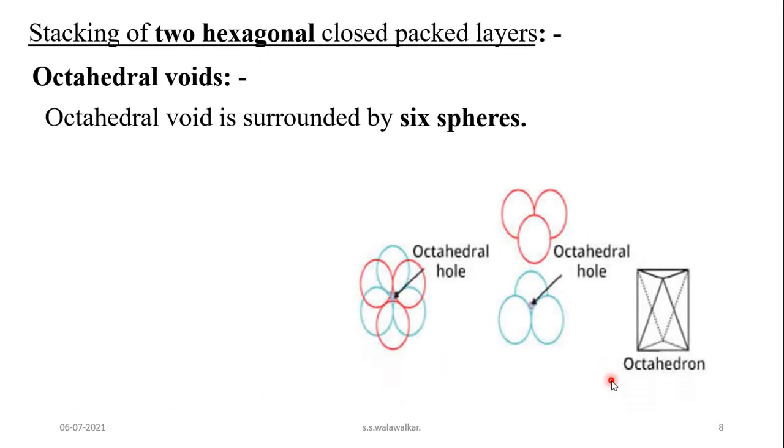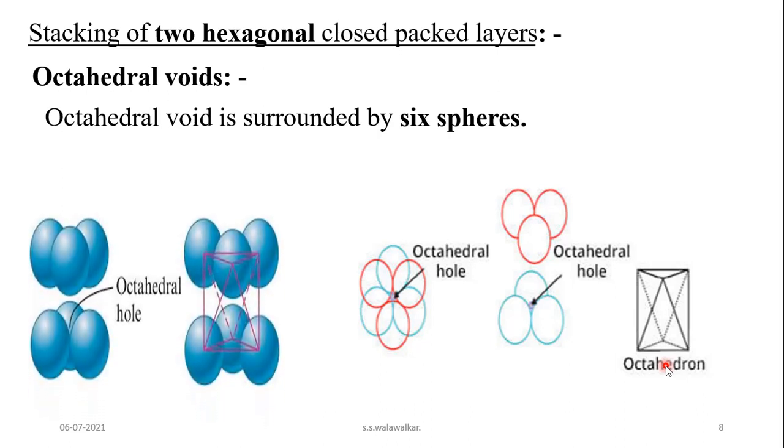Each octahedral void is surrounded by 6 spheres, 3 from the second layer and 3 from the first layer. And in between these 6 spheres, whatever empty space is there is called an octahedral hole. When you join the centers of all these 6 spheres, then we get what? Octahedron, like this. These are the 3 spheres from the second layer and these are the 3 spheres from the first layer. When you join these 2 spheres from the first layer and these 2 spheres from the second layer,